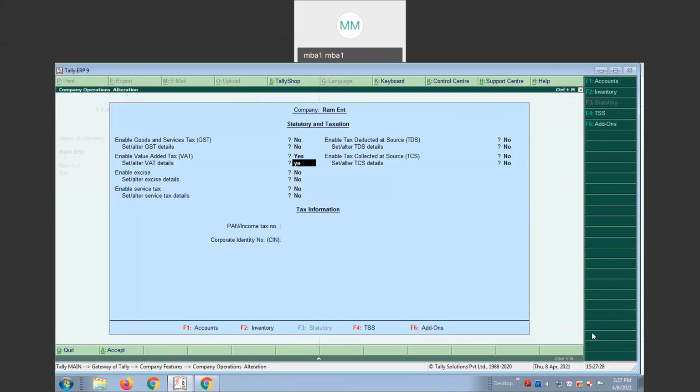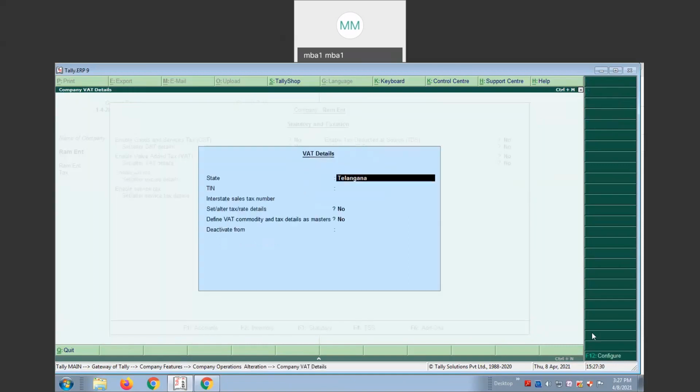Click on S. When you click alter, you will get the state name Telangana. Tax identification number TIN, this is an education version, we are not doing it in application manner, so the tax identification number is not required now. Interstate sales tax number is also not required. Set or alter tax details. Yes.